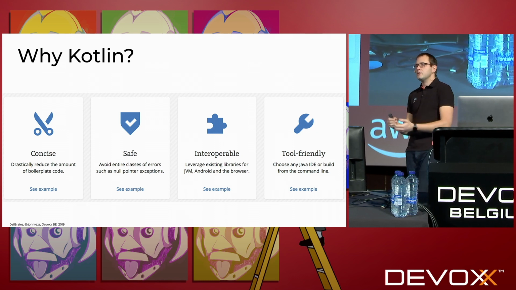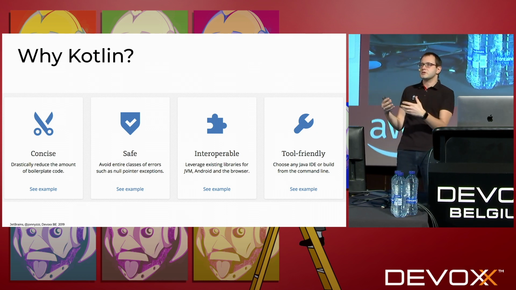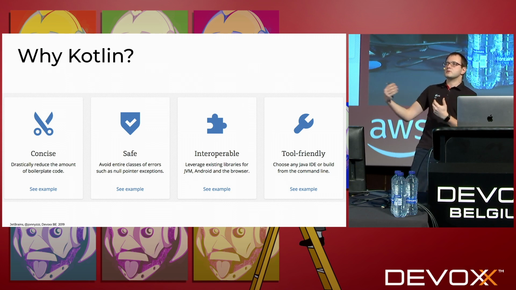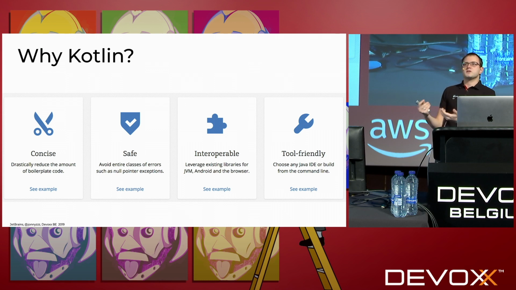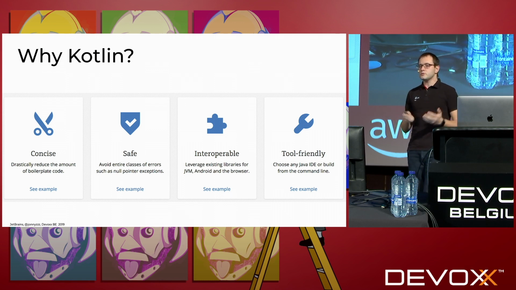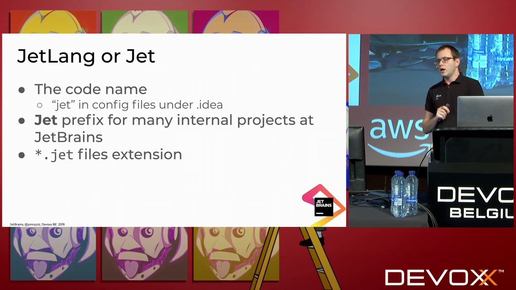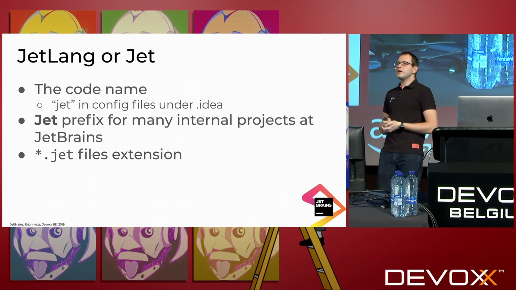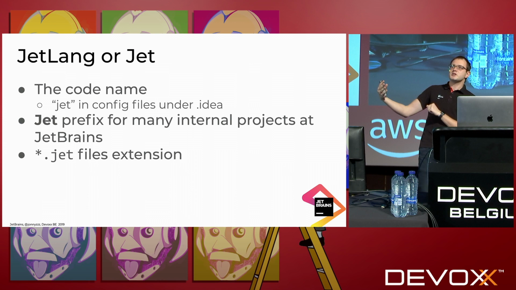From the other side, even 8 years ago, we had experience in supporting different languages, with an understanding of what is toolable, which features are good for tools, and which are not. So this was like an entry point, something we started from, and we created a language, and it was called Jet. You probably haven't seen it before, but in some code in the project files of IntelliJ projects, you may see some references to it.